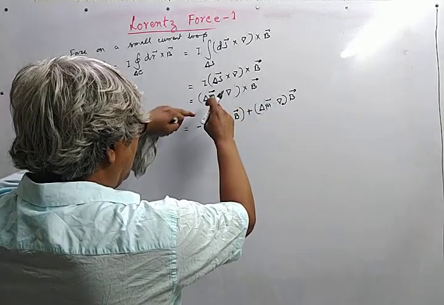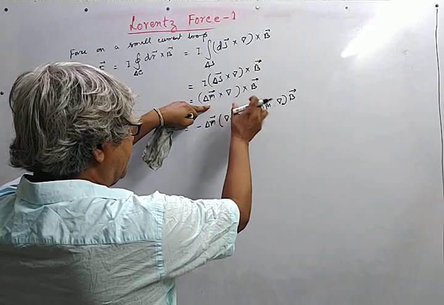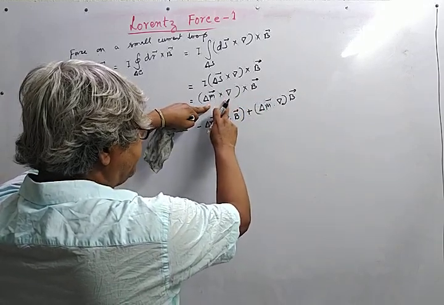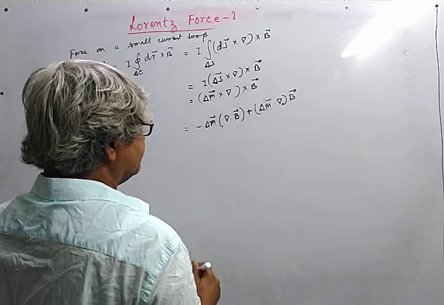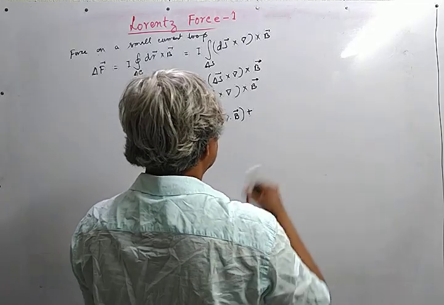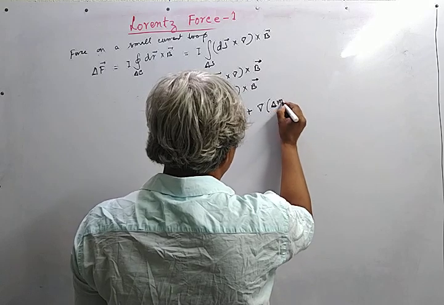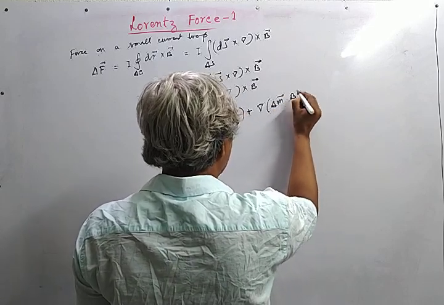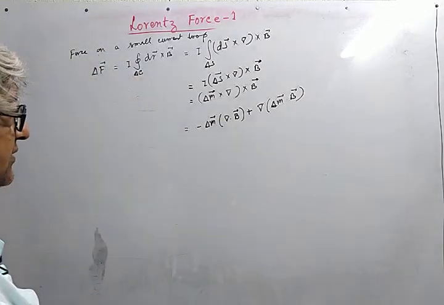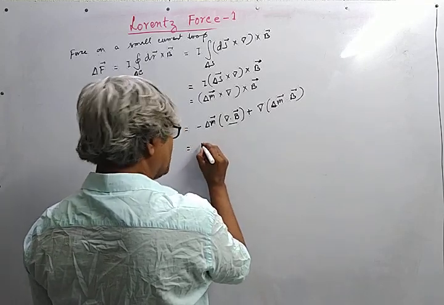First, this comes out with a minus sign, and the nabla operates on B, and in the second term this will come. There is a mistake. This term should be nabla operating on B. You know that the divergence of B is 0, so the force on it is